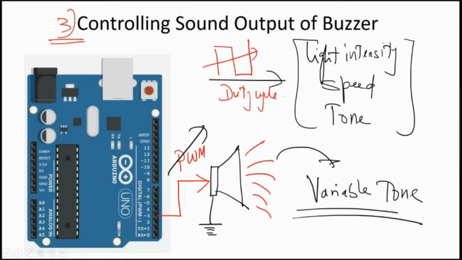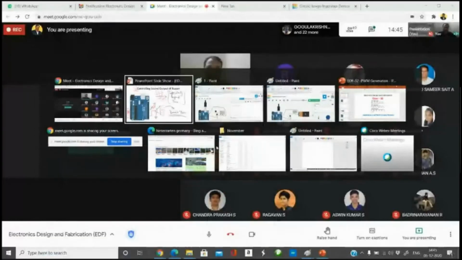In all these three problems, we have changed the output by putting in a for loop. What if I want to control that by using a control device? Let us say I want to put a potentiometer here on the analog input side, and connect this to any analog pin, say A2. By changing this potentiometer, I want to control the PWM. If I want to do it that way, how do I do it? Okay, let me do that for you.